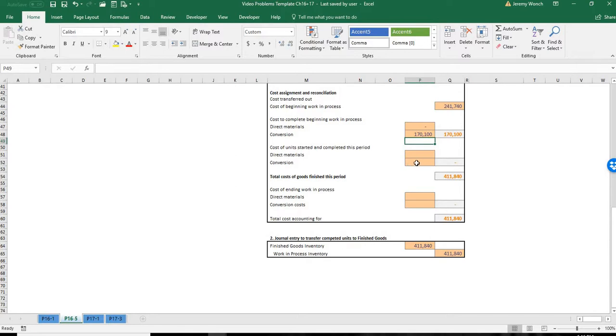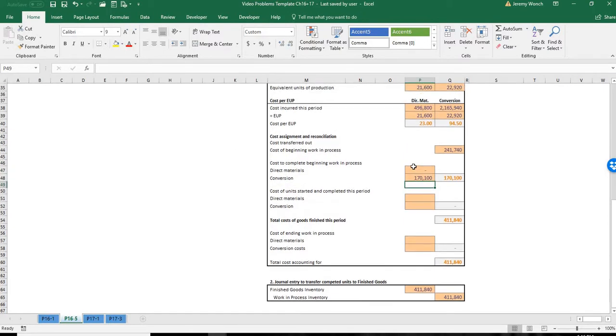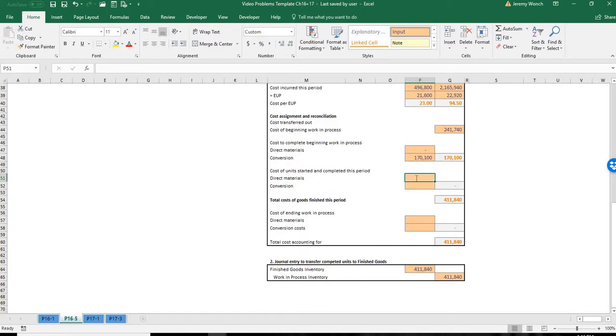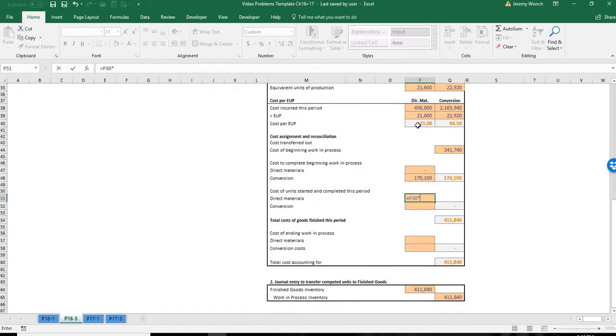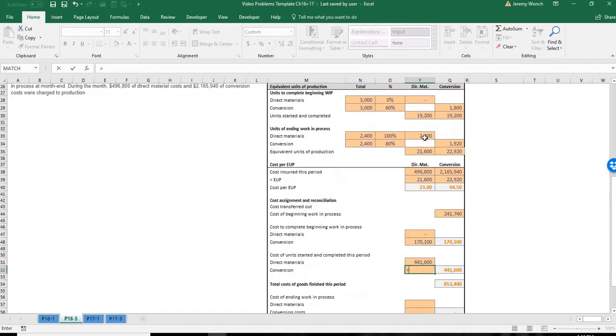And so for the units started and completed, we have 19,200 for direct materials times our cost. And our conversion cost completed, started and completed,